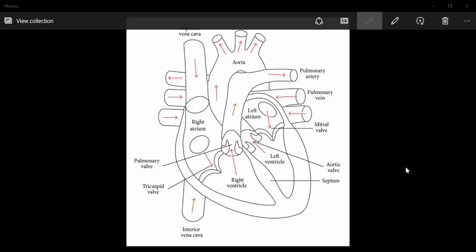The pressure of the blood inside the artery during ventricular systole, contraction, is called systolic pressure, and the pressure in the artery during diastole, that is relaxation, is called diastolic pressure. The normal systolic pressure is 120 and diastolic pressure is 80. When it is in a relaxed state, it is 80. When it is pushing, at that time it is 120. So that is the normal range of BP, 120 by 80. Blood pressure is measured with an instrument which is called, as I just told you, a sphygmomanometer.